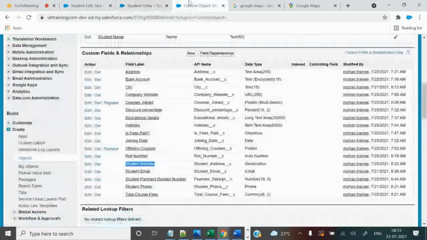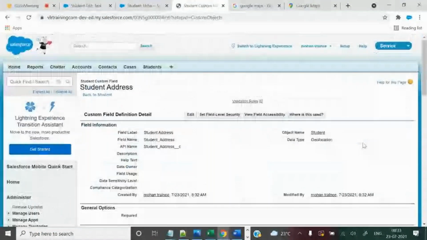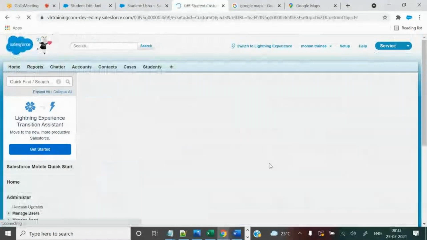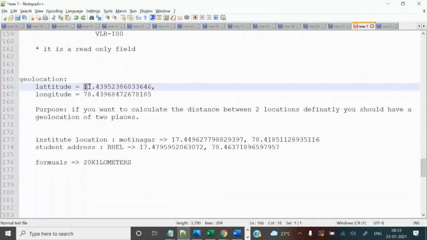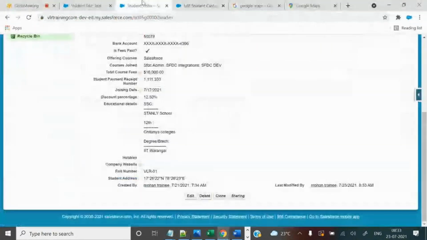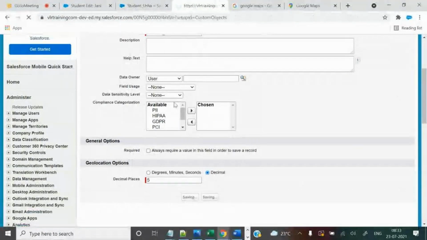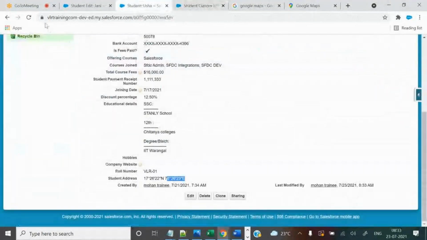If you want to display in a decimal format, you can edit it and make it a decimal format. Your wish how you are going to display it. Decimal means it will be displayed like this. Degree means it will be displayed like this, degrees format. If you want to configure, make it decimal, save it, update the field again and go here, just refresh it and you can see it is displaying in the decimal format.